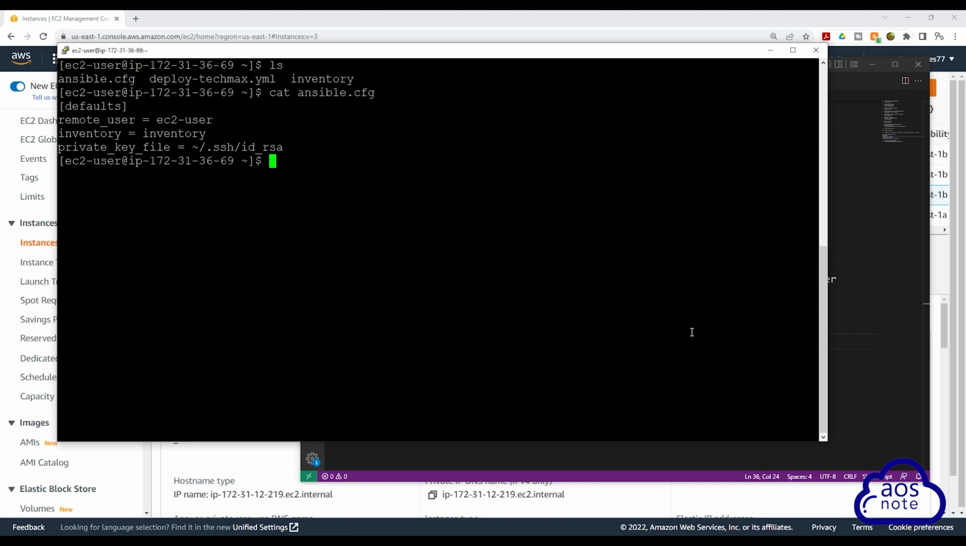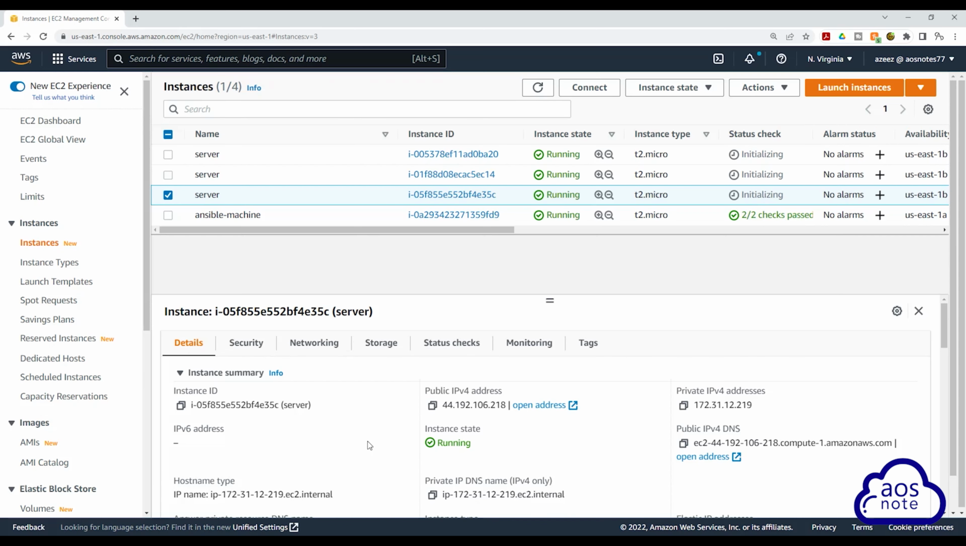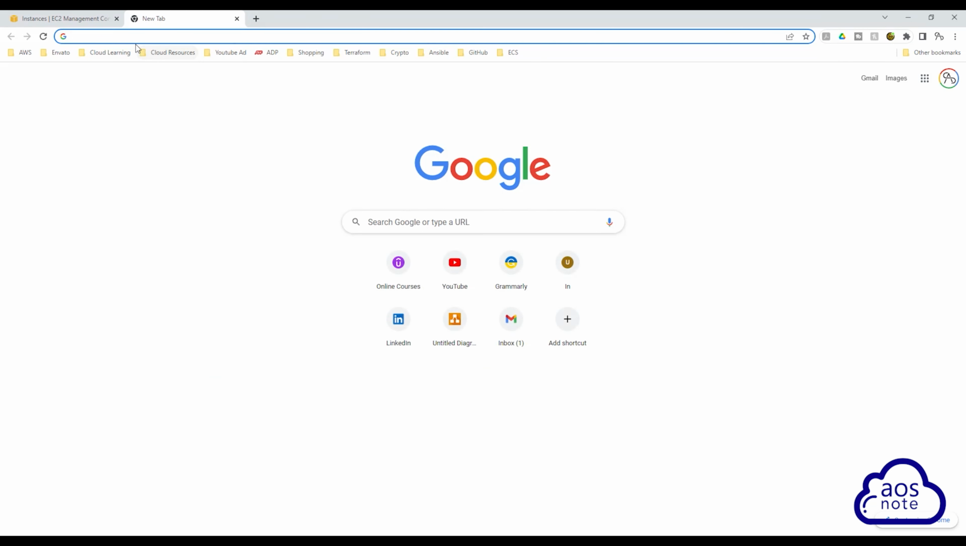These are all the things we need to do to set up the Ansible machine. The last thing we will do is run our playbook to install the website on the servers. But before we run the playbook, let me show you something. In the EC2 console, if I select the server and I select the public IPv4 address, and I open a new web browser, paste it in there,